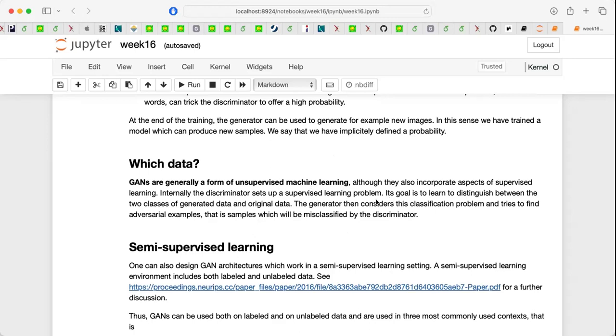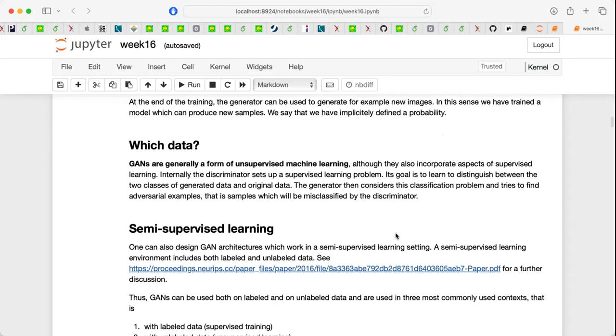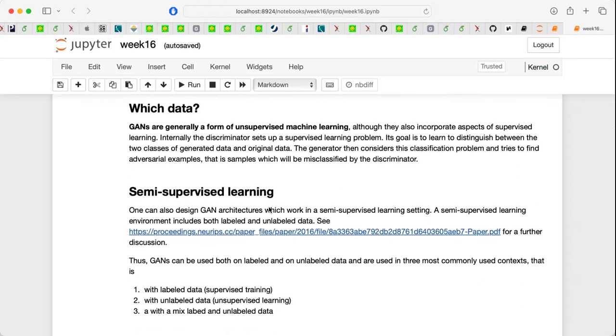Its goal is to learn to distinguish between two classes of generated data and the original data. So the generator then considers this classification problem and tries to find adversarial examples, that is, examples which will be misclassified by the discriminator. And if you then look at it, you can also view a GAN architecture which also works on something